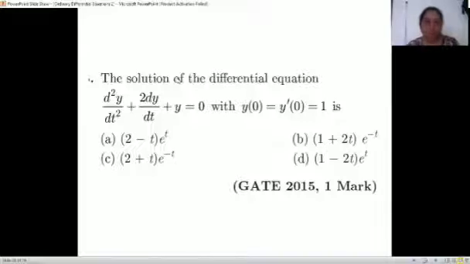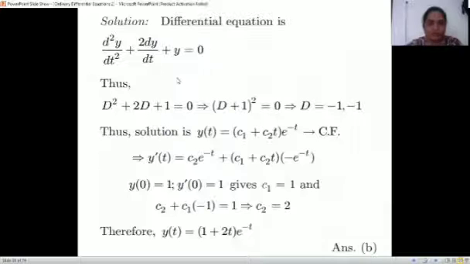So put t is 0 and where y is 1. This is C of 0, therefore y is this, and we need the y dash condition also, so we are taking the derivative in this case. So C1 into e raised to minus t, C1 is constant, so minus of e raised to minus t as it is. And next, taking derivative of this C2 term, and this is u into v, so we get y dash like this. And applying the condition at t is 0, y is 1, we get C1 is 1.